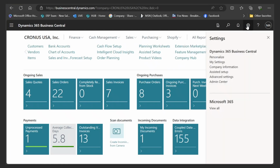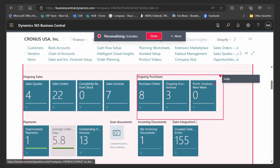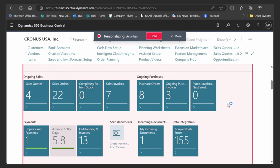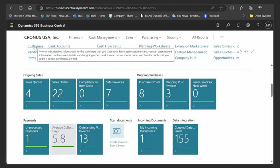And so if I go up to my little settings cog here, there's a personalize button there that, for instance, I'm on my role page here. And if I wanted to hide things on the role page or maybe move things around, drag and drop them around, I can do that on the role page. I could even add content to it if I want. And that's really a great thing to be able to do on the role page. But let's look at that in terms of